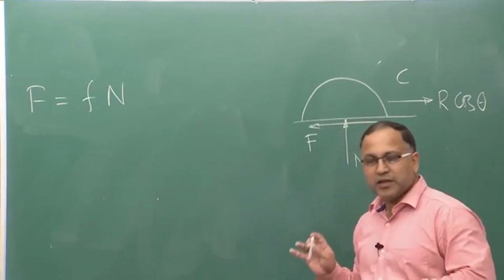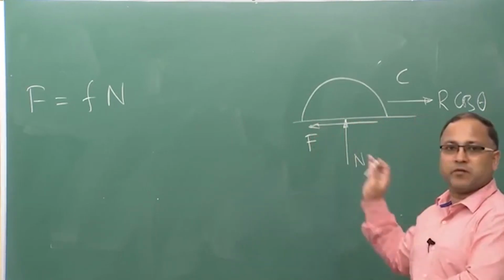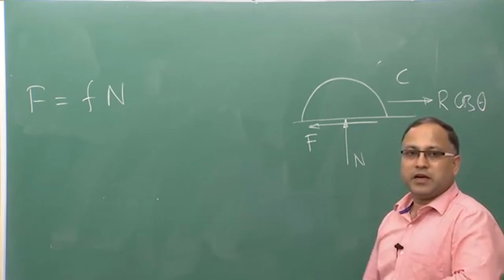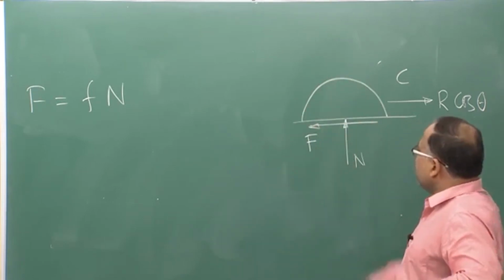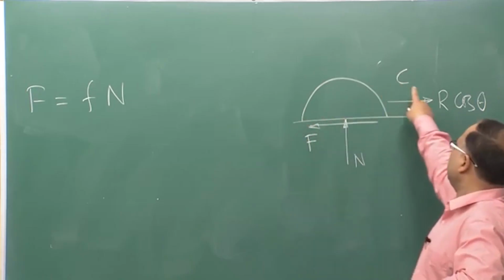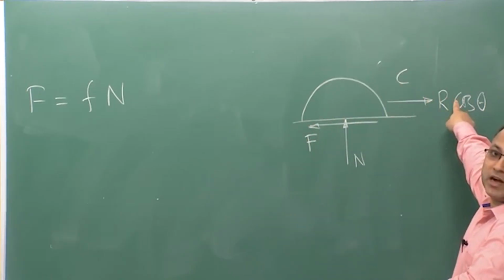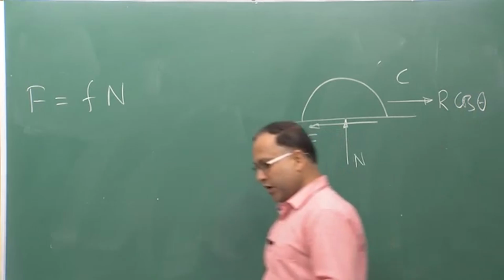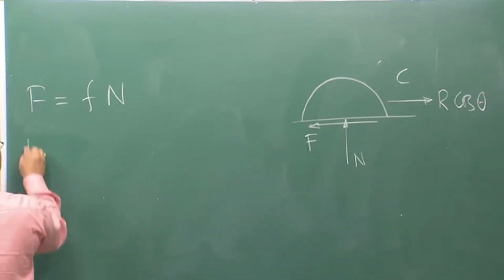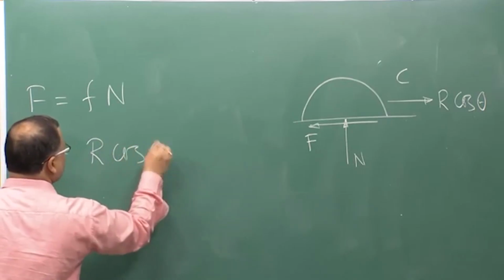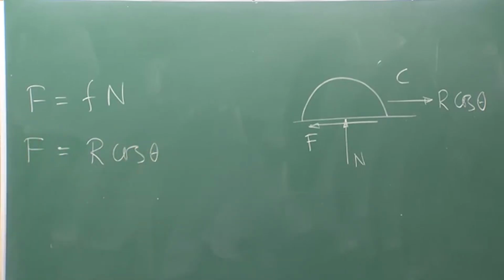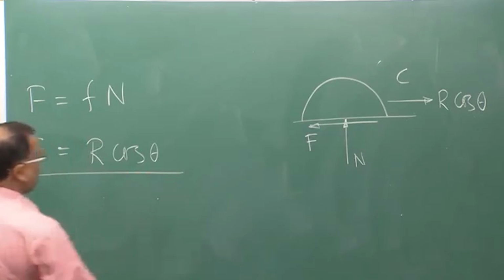If you want to maintain the equilibrium of this configuration, where A is resting on top of two half cylinders, then the friction force should be equal to the driving force, R cos theta. So, for equilibrium, F should be equal to R cos theta. So, that is the condition for equilibrium,